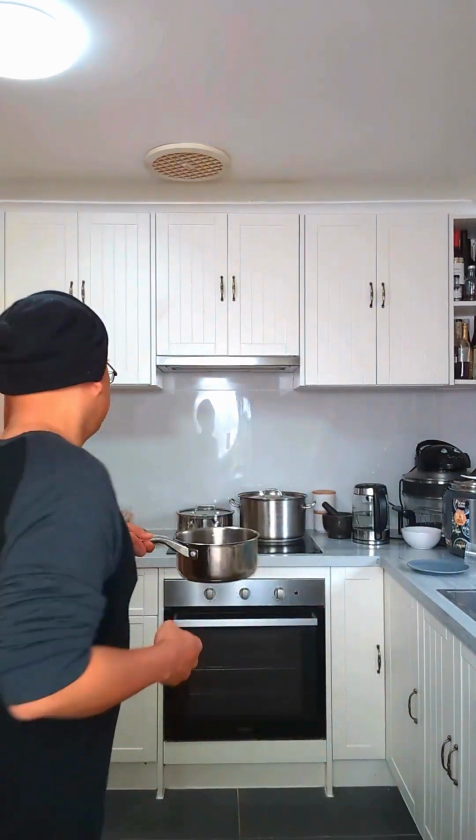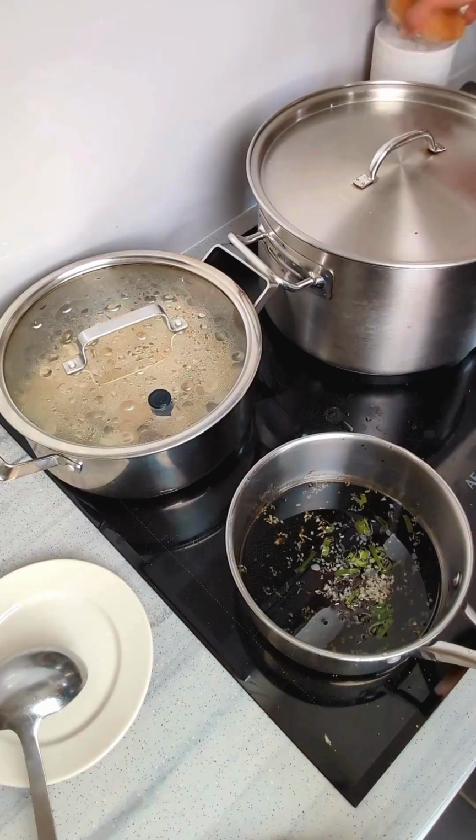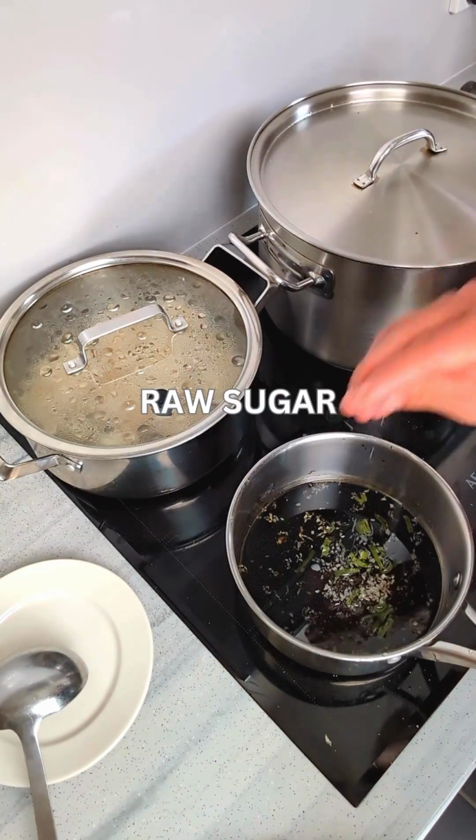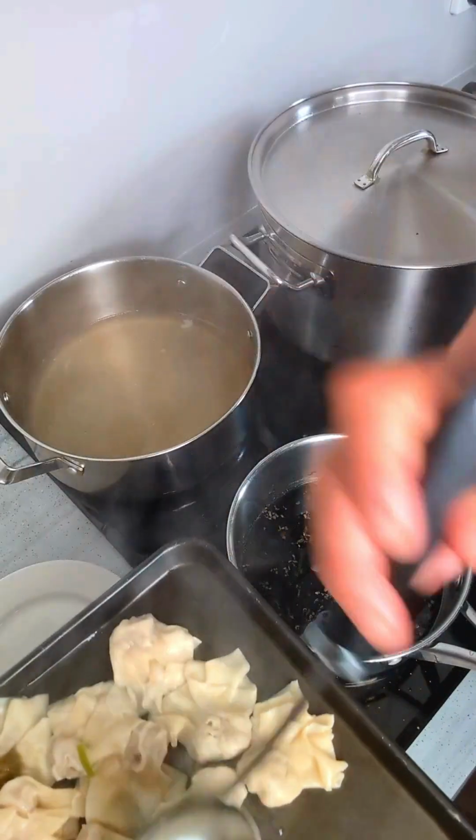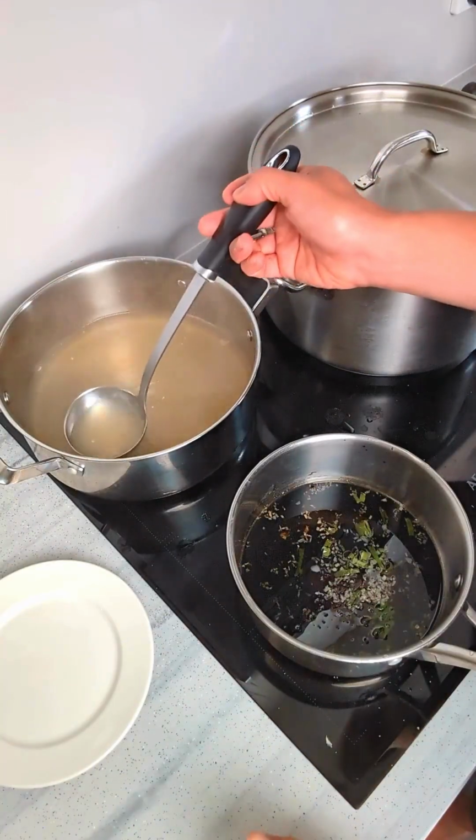Our secret here is the pork lard. So we've cooked the garlic and spring onions to go with it. So you can see that. Straight on the heat. Add a touch of sugar. Perfect. The homemade wontons. Perfect. Wonton broth